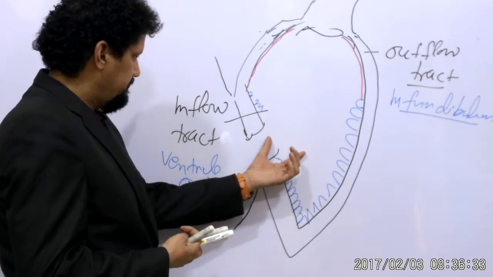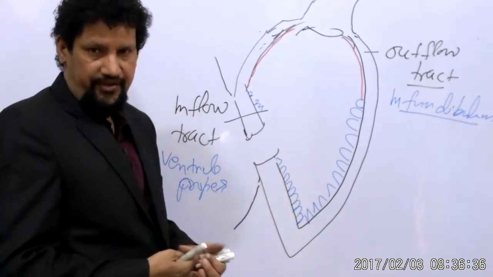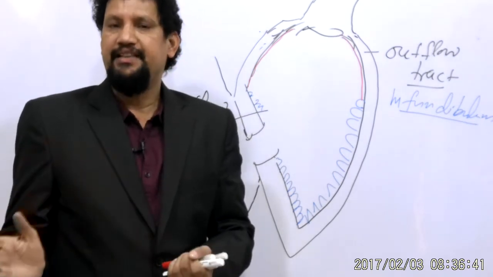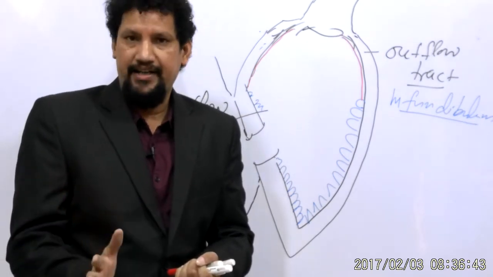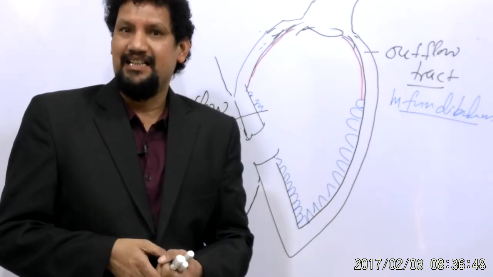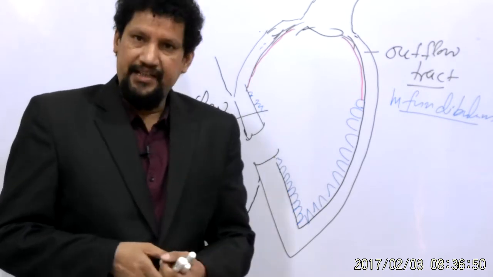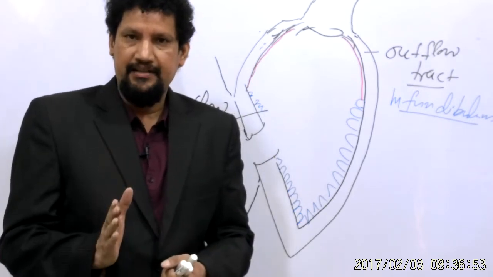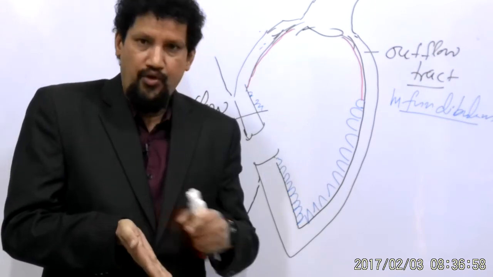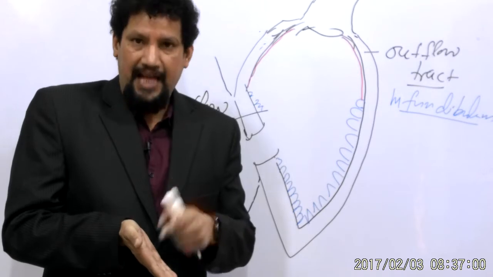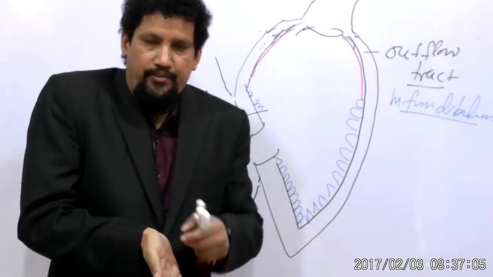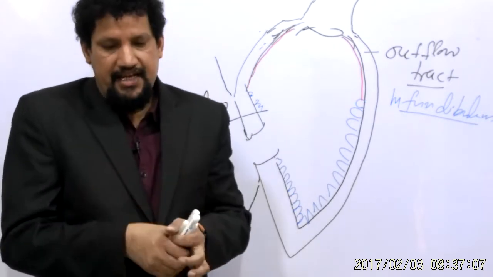This part is having the tricuspid orifice. The tricuspid orifice is opening between the right atrium and the right ventricle, and this opening is forming an angle with the sagittal plane, 45-degree angle. So this is the sagittal plane, and this is the direction of the tricuspid orifice, facing forward, left and downwards like this, and forming an angle with the sagittal plane.